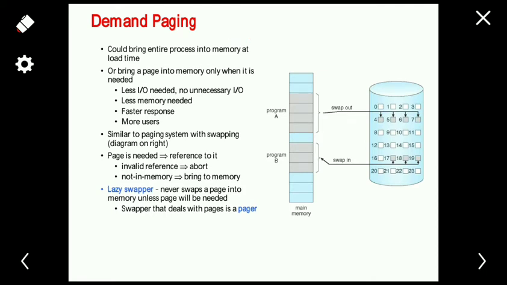Suppose when the process is loaded to the main memory, then the entire process may not be used in the main memory. Only some part of the particular process is used, and the remaining part present in the main memory is wasted, right? So in order to reduce that wastage, you can load some of the other programs to run in the main memory, right?